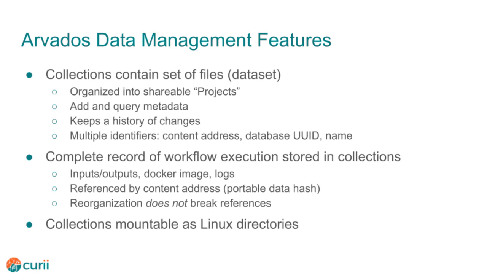Arvados completely abstracts the underlying storage so you can run it on top of conventional file systems or cloud object storage. Arvados provides a variety of ways to access files and collections. You can download them from the web workbench, mount a collection as a Linux file system, or even use our S3 compatible API that presents Arvados collections as buckets, enabling you to connect applications with existing object storage support to Arvados.